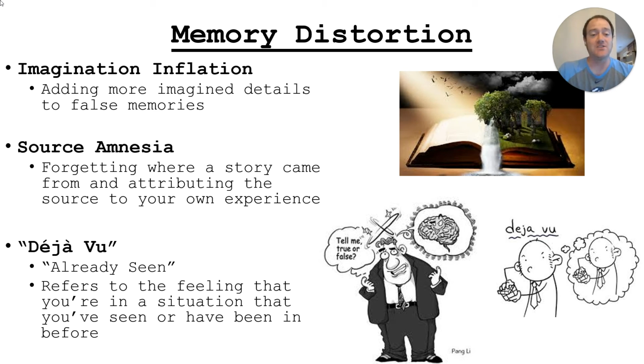That's one. Source amnesia is when you have a memory but you don't necessarily remember where that memory came from. You don't know if someone told you that story or if maybe you saw it on a TV show or whatever. So because you don't remember exactly where it came from, you tend to attribute it to your own experience. So you read it or you saw it or you heard it, even though it may have been something from a completely different source. But because you don't know exactly what that source was, you tend to attribute it to yourself.